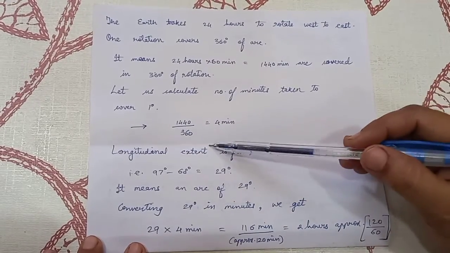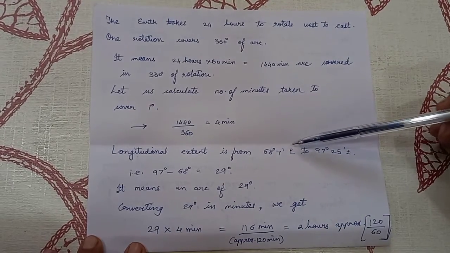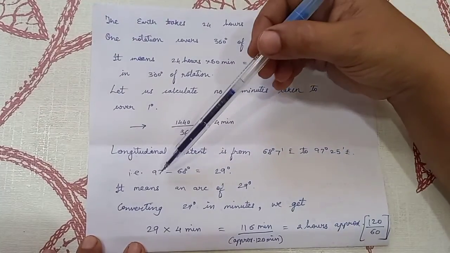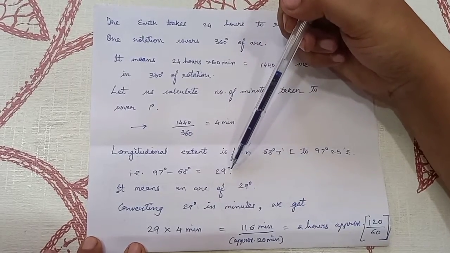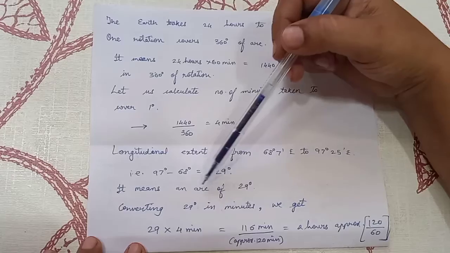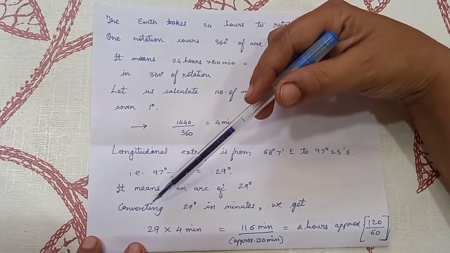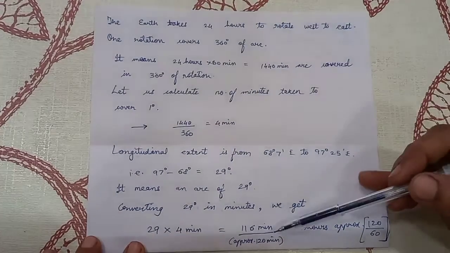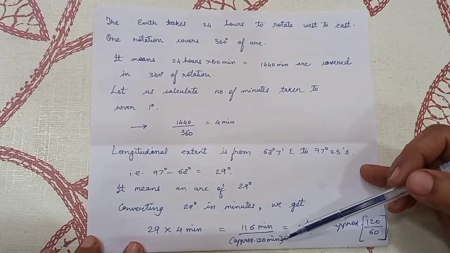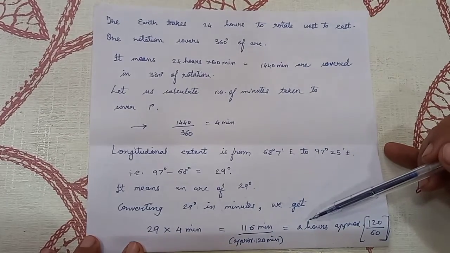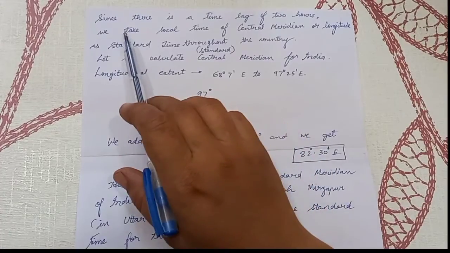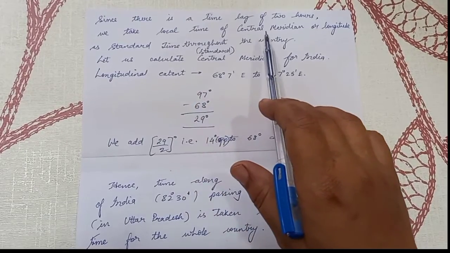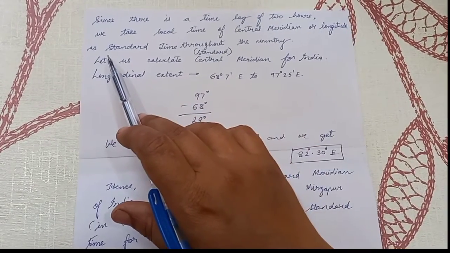Now the longitudinal extent is from 68 degrees 7 minutes east to 97 degrees 25 minutes east. That is 97 degrees minus 68 degrees, we get 29 degrees. It means an arc of 29 degrees. Converting 29 degrees into minutes, we get 29 into 4 minutes, that is 116 minutes. Taking approximately 120 minutes, we get 2 hours. Since there is a time lag of 2 hours, we take the local time of a central meridian or longitude as standard